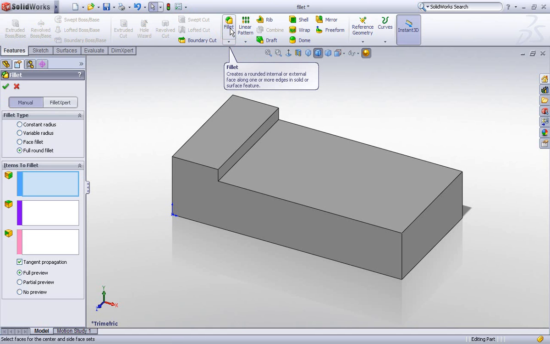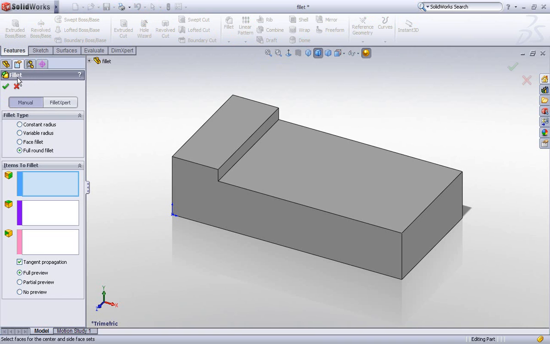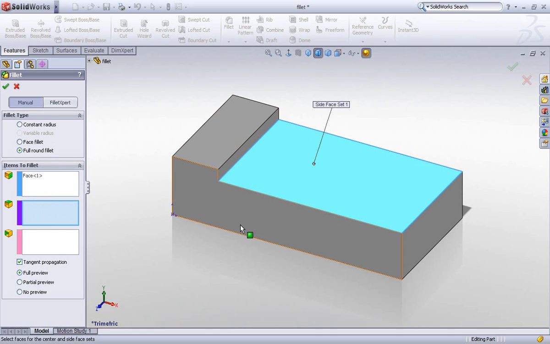So if I click on the fillet icon, you'll see that in the fillet feature manager, you're given 4 types of fillets. Now I'm going to go through each of these in succession, starting with the full round fillet. What the full round fillet basically does is it takes 3 faces and makes a fillet based around those faces. You're going to see what I mean when I pick out these faces. So I'm going to pick the top one, the front face,